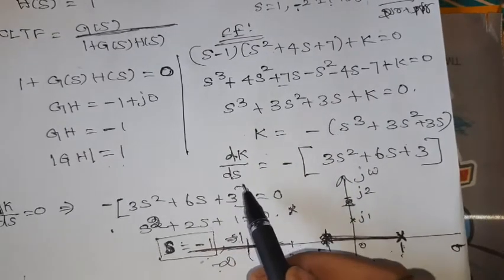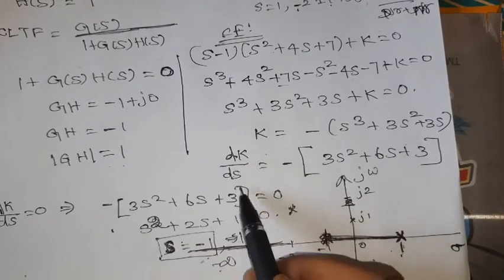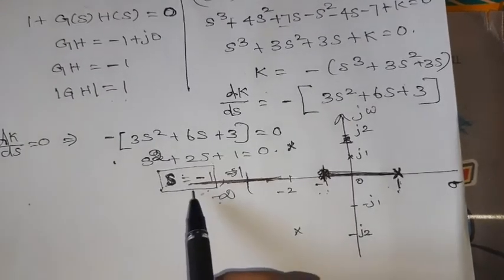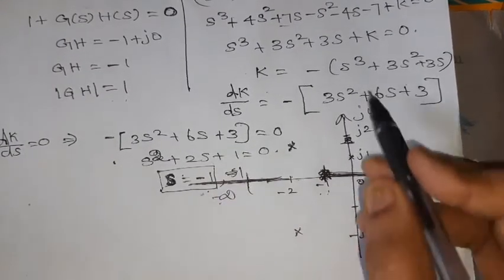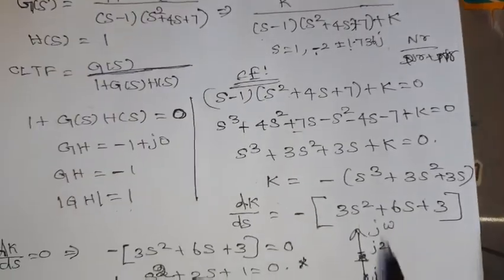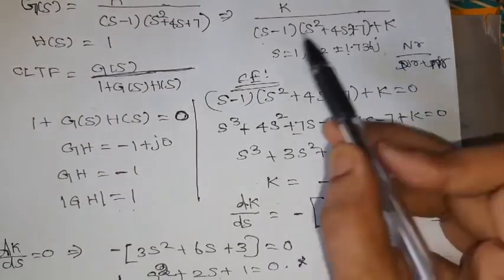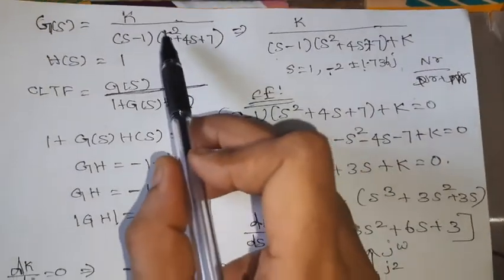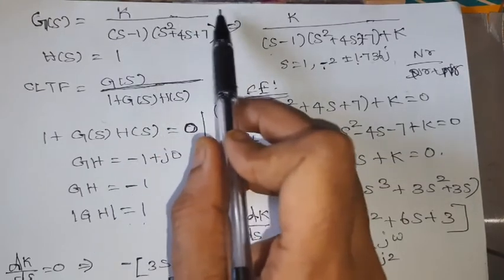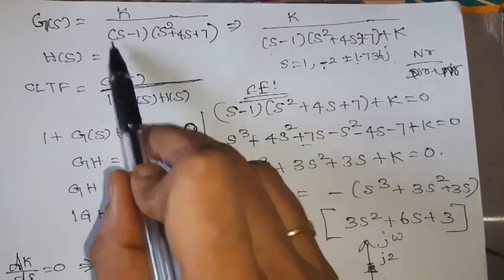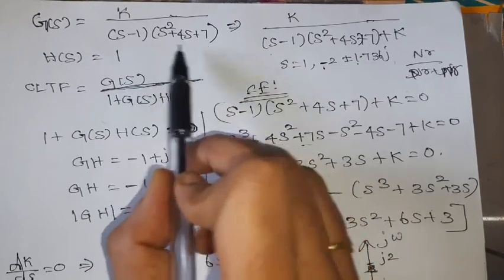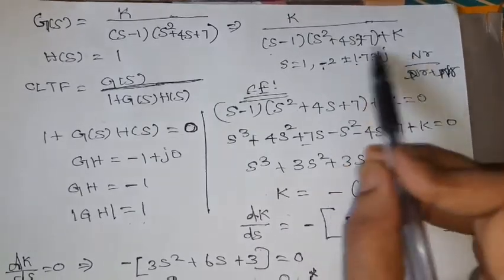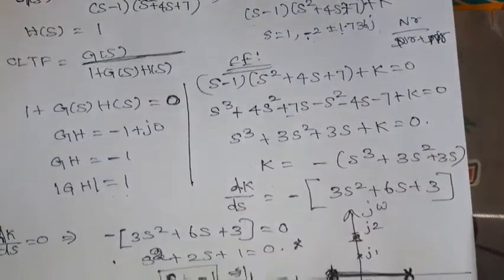Substituting denominator equal to 0, by simplifying, find out the value for k. So we have to find out the breakaway points. So dk by ds, by finding breakaway points we are getting s is equal to minus 1 as the breakaway point. We know the pole and zero locations. Here 3 poles are available, no zeros. Equating the denominator we are getting the pole locations: s is equal to 1 and some imaginary roots, minus 2 plus or minus 1.763j.